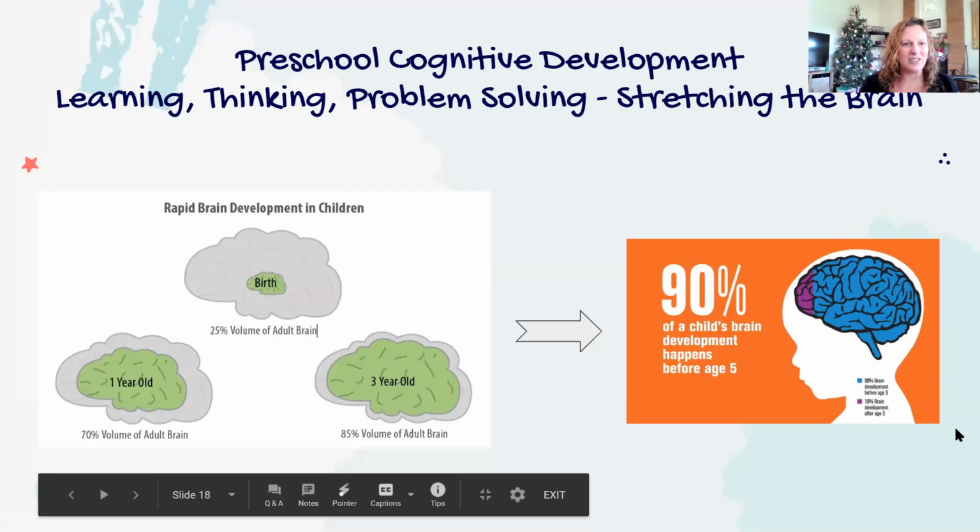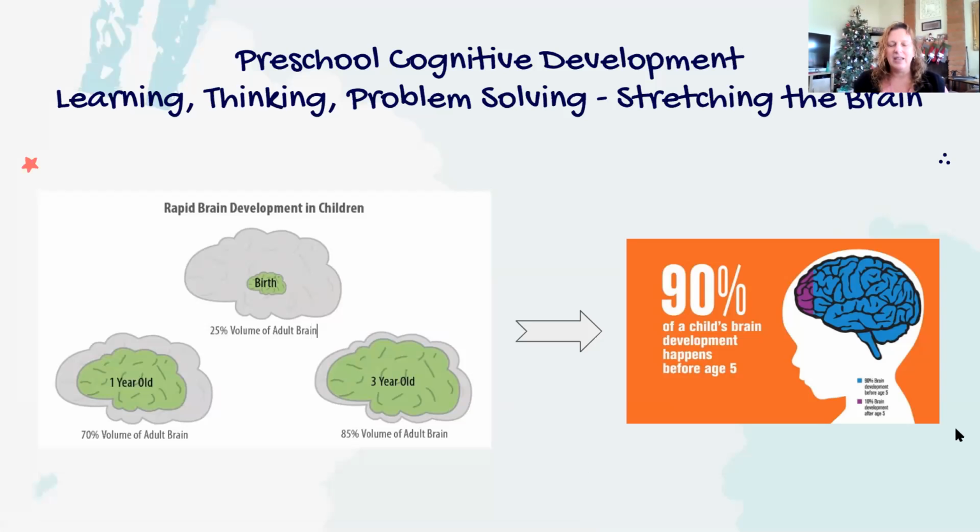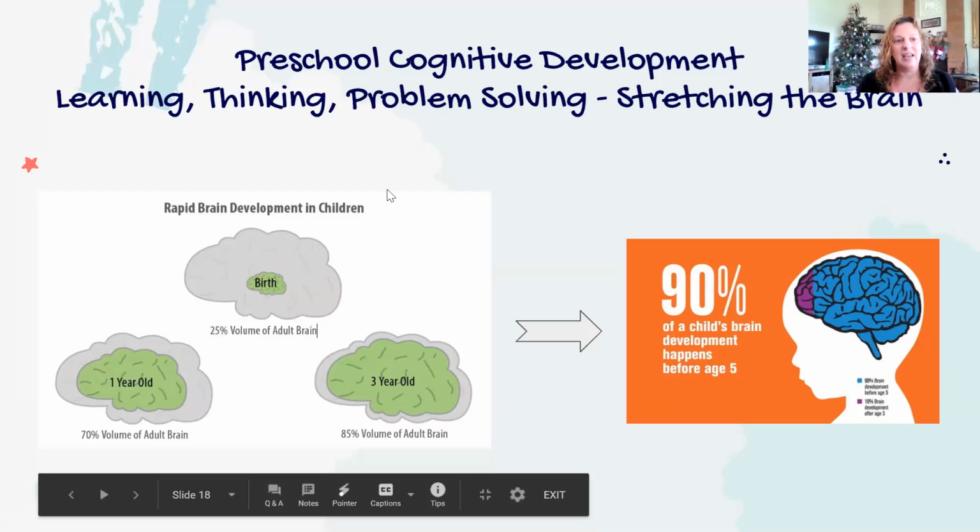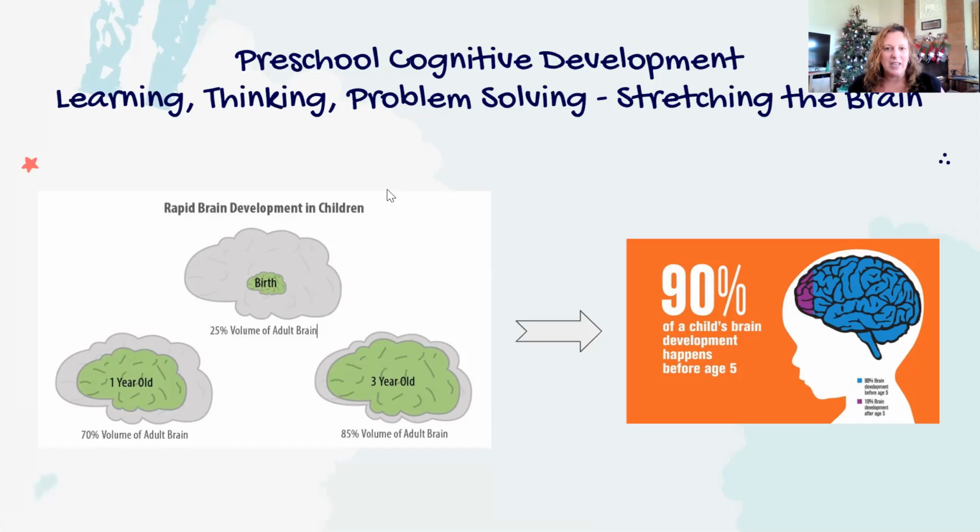Okay, then the next part of our presentation, we go into cognitive development, and you may have started to notice overlap when we talk about the different milestones in development and supporting our children to their next level of development. In fact, Chelsea's presentation on language development is specifically a part of cognitive development. When we are talking about cognitive development, we are talking about brain development, which is the learning, thinking, problem solving. We like to look at it as we are supporting brain development by helping our children stretch their brains.